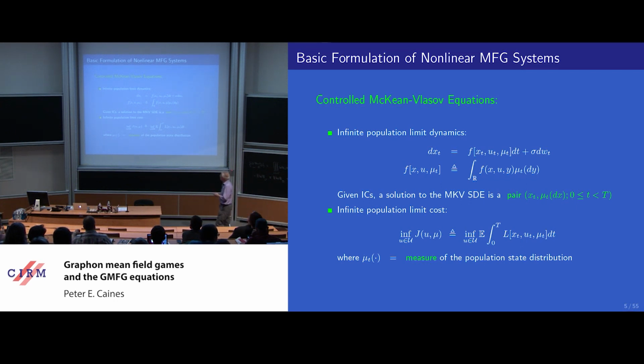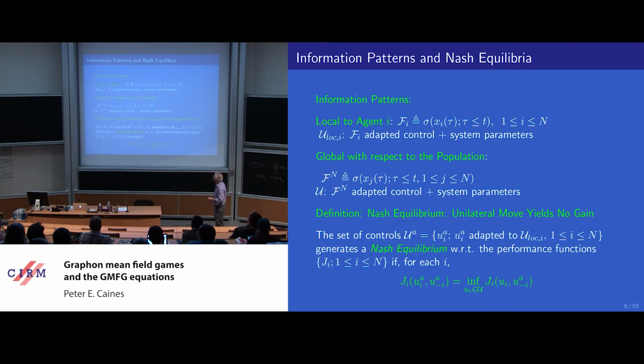So now I'll make a remark at this point that it's because we come in with a formulation like this that it appears that we join up with the formulation that Guillaume Mazzanti presented earlier in the conference. So then similarly, the infinite population limit costs are written in this form of an integral against the measure of a generic agent. So one of the key features of mean field games is that the strategies